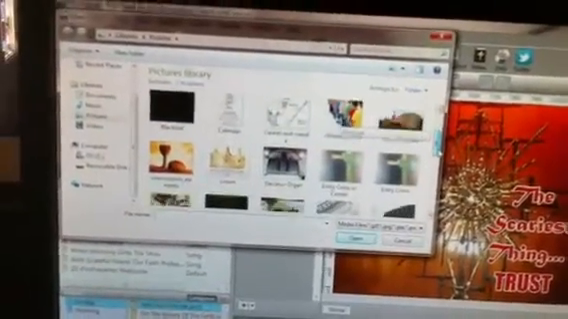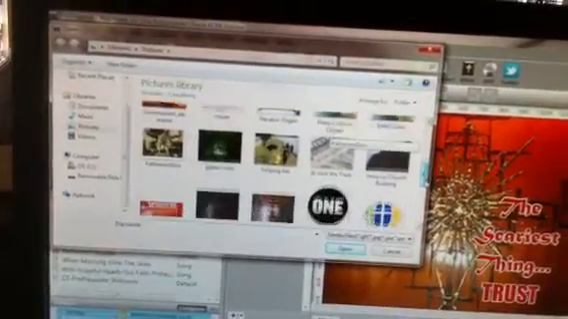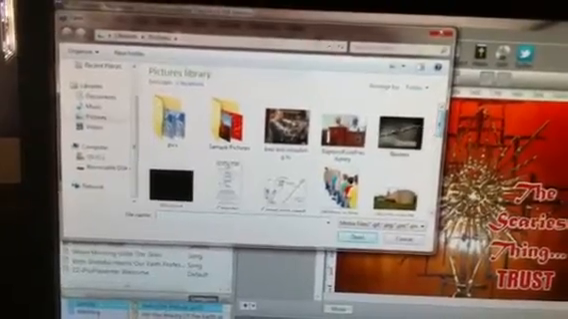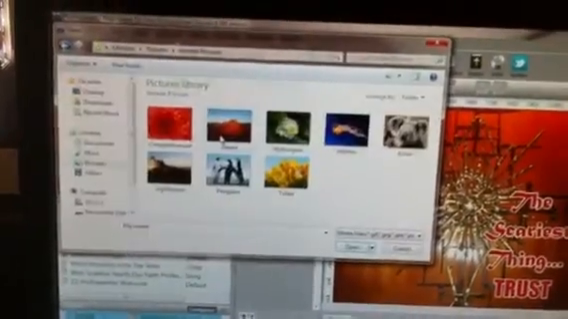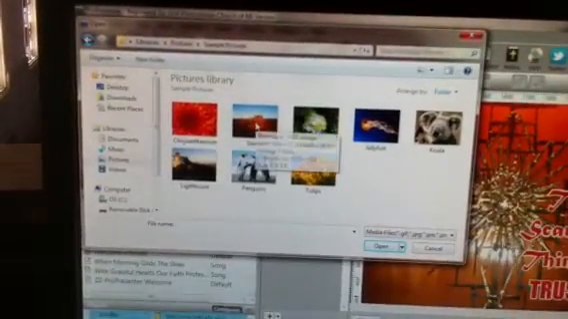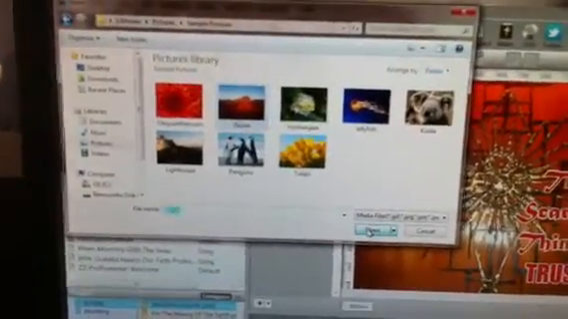So here's different ones that I have downloaded from the internet, and I can pick one of those to make my background. And let's go ahead and dig in here and find one. There's a nice little picture there. So let's say I want to have this be one of my backgrounds. So I'd click on it. So that's something I've downloaded from the internet. Hit Open,